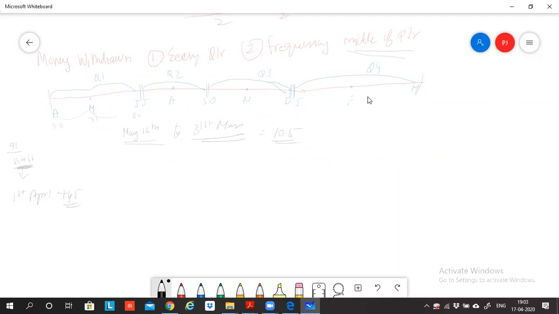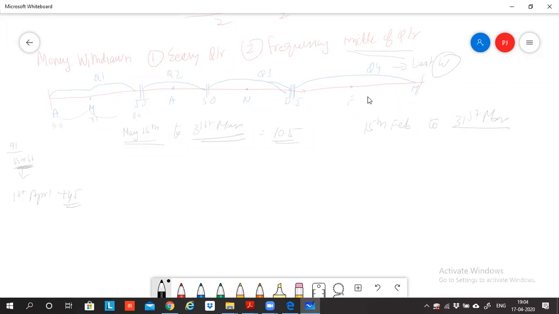Now, when is my last withdrawal happening? In Q4. In Q4, last withdrawal is taking place, right or wrong? If the last withdrawal is happening in Q4, on which date am I withdrawing the money? Feb 15. Correct. So same concept, 15th Feb. So from 15th Feb to 31st March, which is the end of financial year, how many months am I enjoying this money?